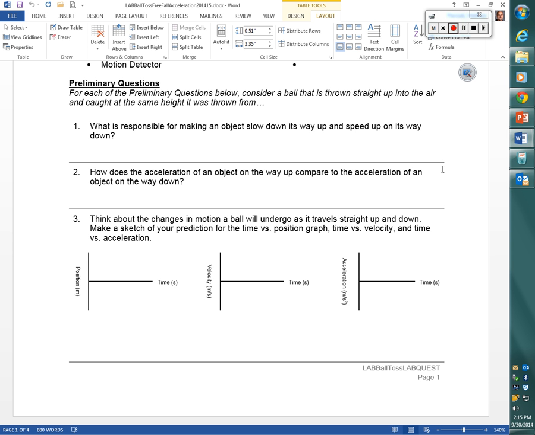What's causing the ball to slow down on the way up and speed up on the way down? Gravity. Gravity's always acting on it, regardless of whether it's going up or coming back down. And it's always acting on it, causing the same acceleration, right? Regardless of the direction that it's moving. Krista, does that answer your question? Are you okay, or do you need